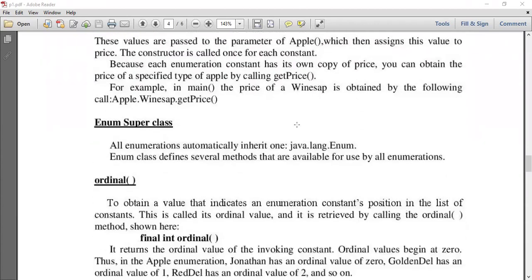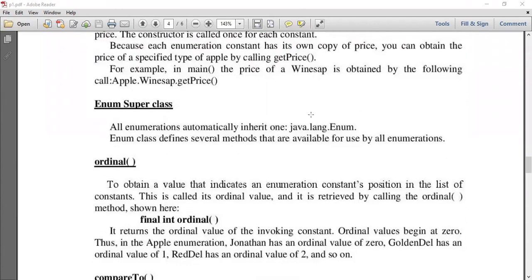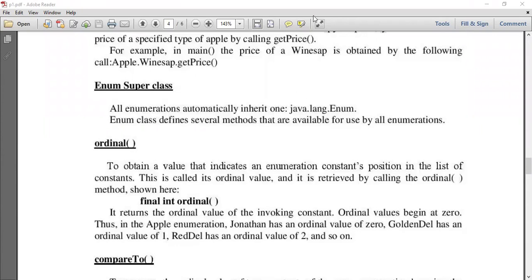Along with that, we also discussed the superclass for the enumerator. All the enumerators inherit from the superclass, that is Enum. Enum happens to be the superclass of all the enumerators, so by default they all inherit from this particular class.